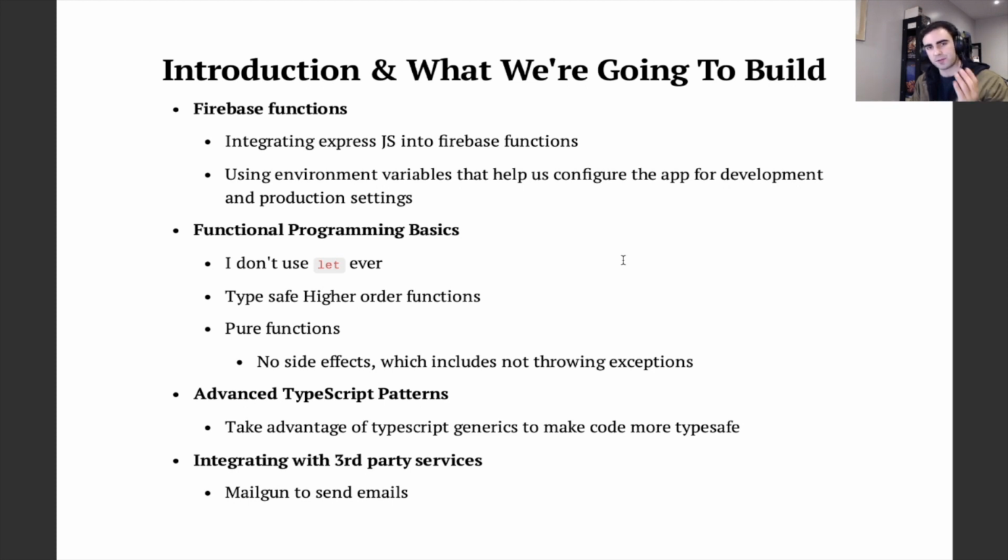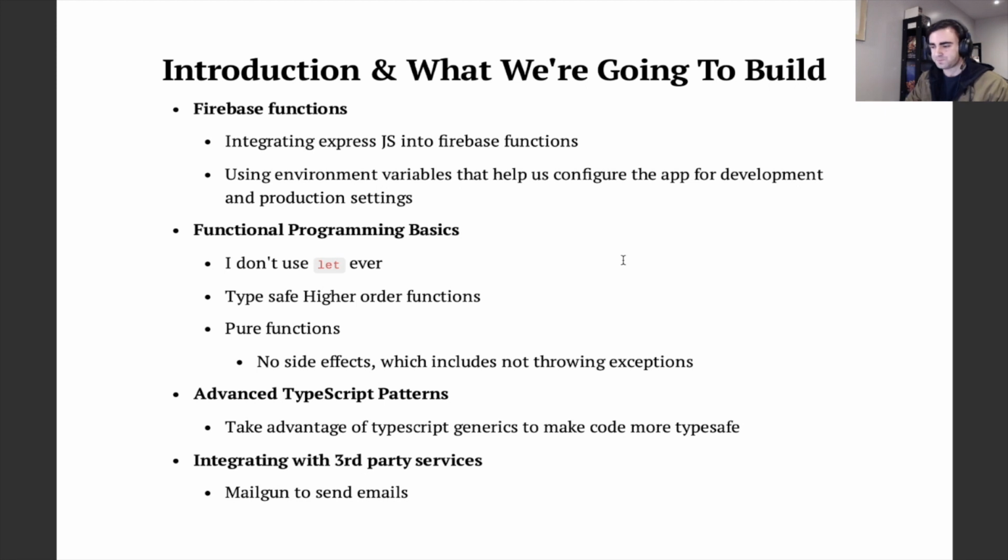And the other thing you're going to see me do is create a wrapper from scratch to integrate with Mailgun. So I'm not going to be using the Mailgun Node.js SDK because it is deprecated. So that might also be something of interest to you in how I write something from scratch and make it